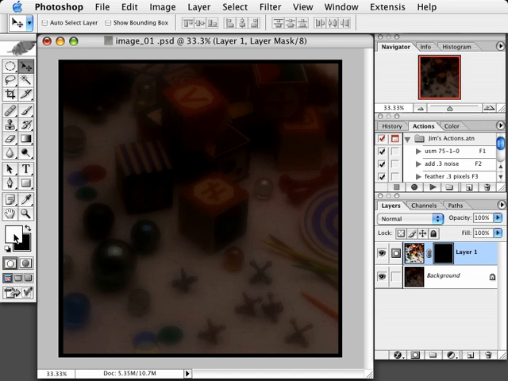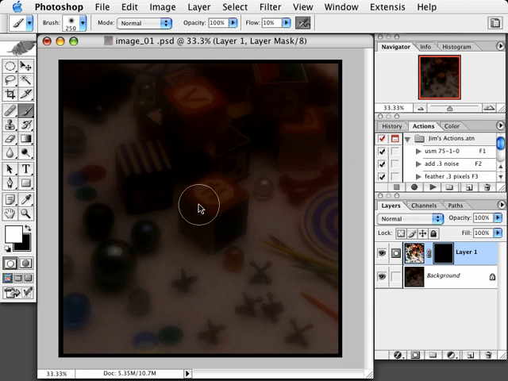Making sure that I'm painting with white, I'm going to go ahead and grab the paintbrush, and give it a little bit bigger brush. I'm going to use the airbrush feature. I'm going to have the flow set to 10%. And this is a good time to use a pressure sensitive tablet. I'm using a Wacom tablet and pen to actually go in and start painting the image in some of the